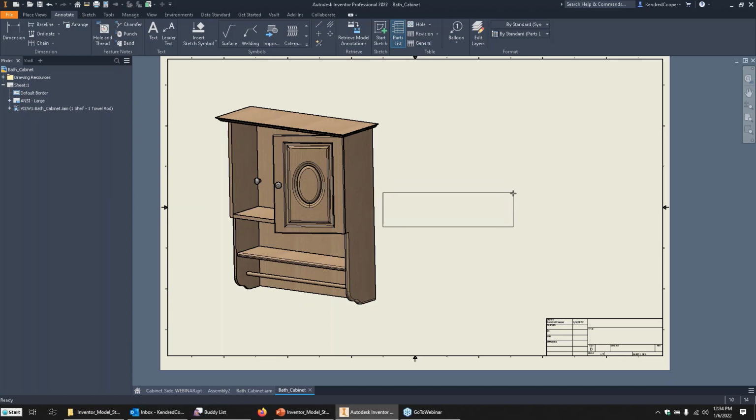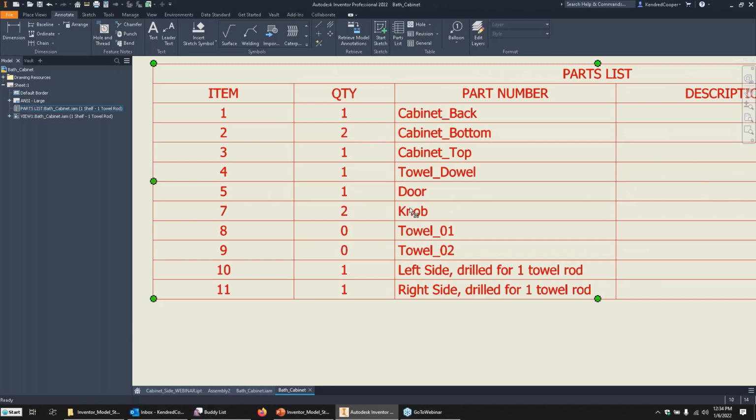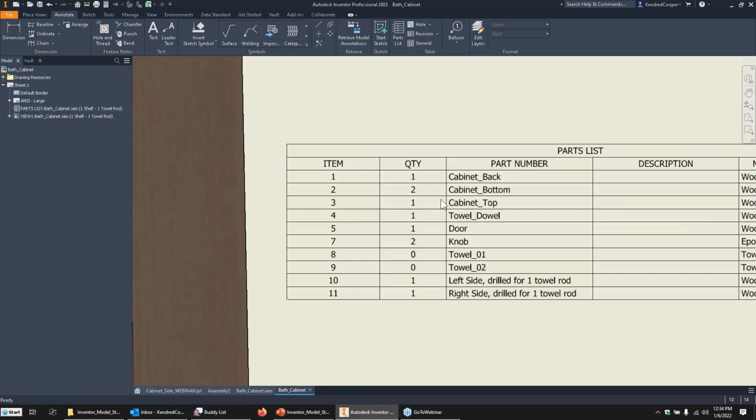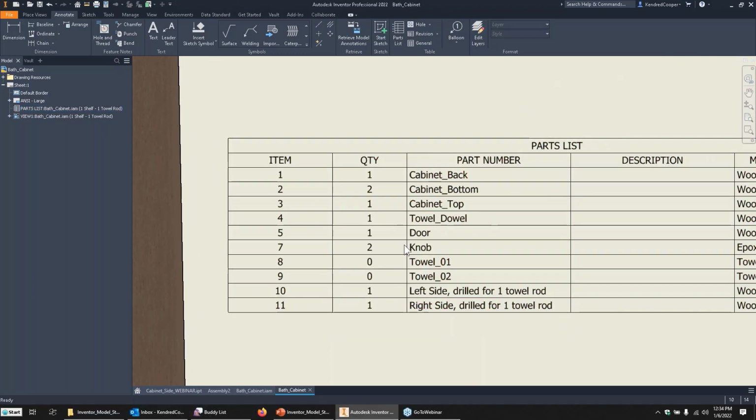When I place that parts list, zoom in real close, you'll notice right there you've got 1 door. Well, we need 2 doors, but it's only counting 1 of them. So when it gets suppressed, it doesn't count that item. And if you suppress it entirely out, it counts it as 0. So what I might need to do here is go back to the 2 door, or the 2 shelf model state, so it shows all of the components,